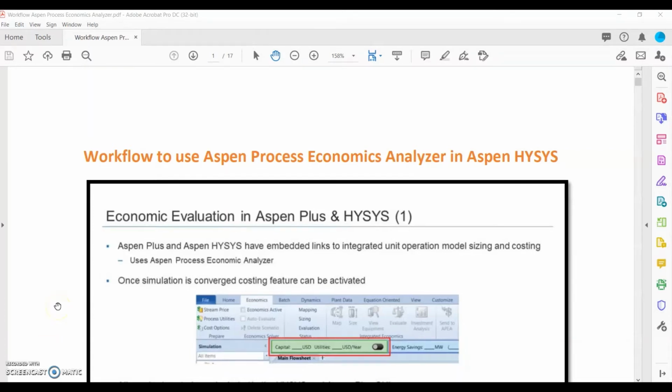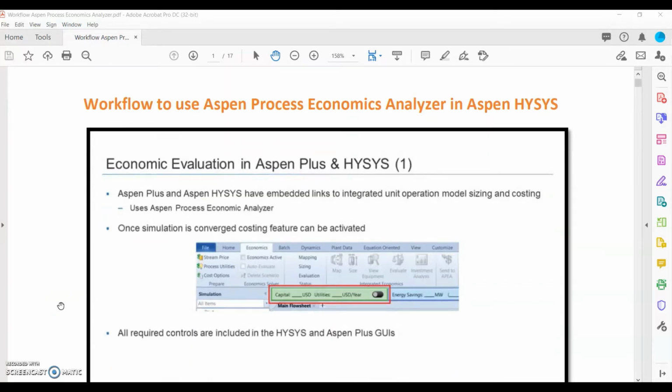Before I demonstrate how we can use the APEA, let me provide a brief overview on the workflow first. So Aspen Process Economics Analyzer is available in the process simulation in Aspen HYSYS and Aspen Plus, but you need to check whether you have this installed in your PC or not.